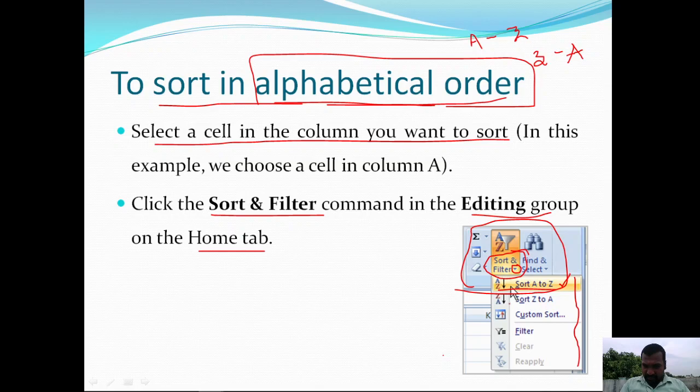You can choose any one of these options, and the data available on that worksheet will automatically be reordered.